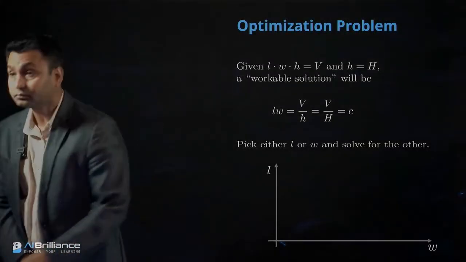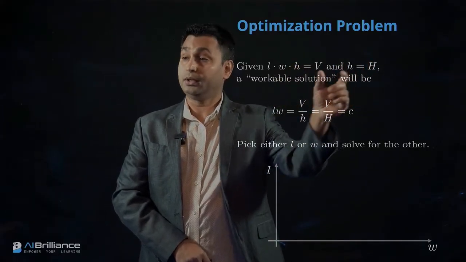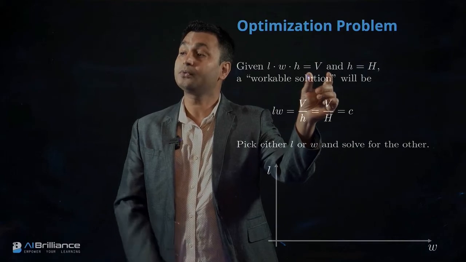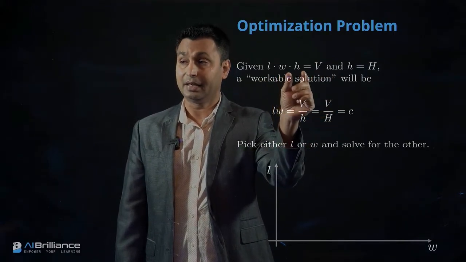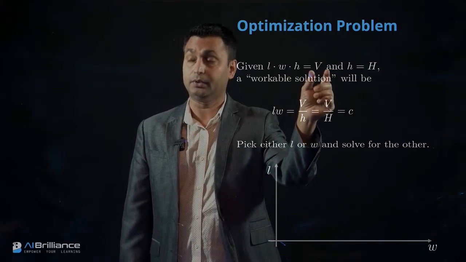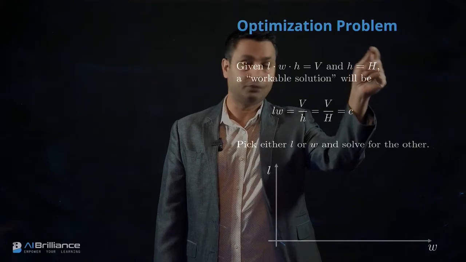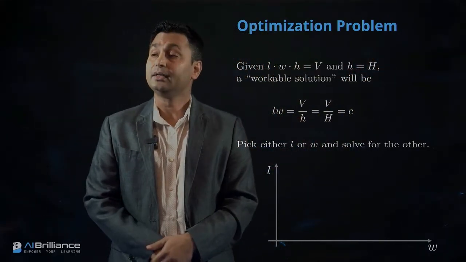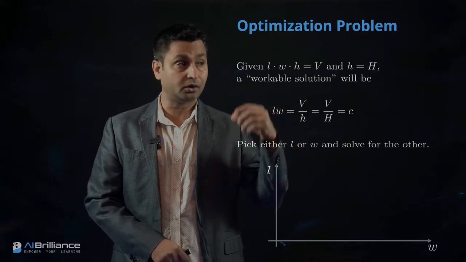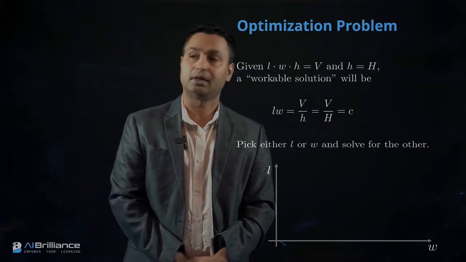The information that we have is essentially, capital V is the volume, right? So volume is length multiplied by width multiplied by height, and this V has been given. Other information given is that the height has to be a specific height, which is given as capital H. So anything that you see as a capital here is essentially a constant value that you cannot play with, but small letters are the variables that you can play with, right?